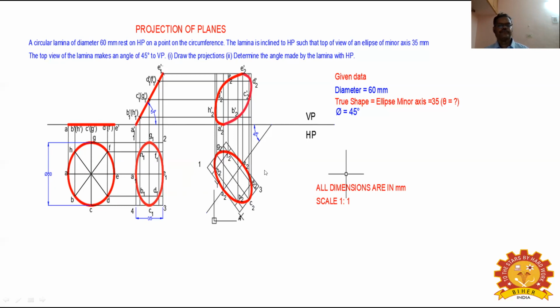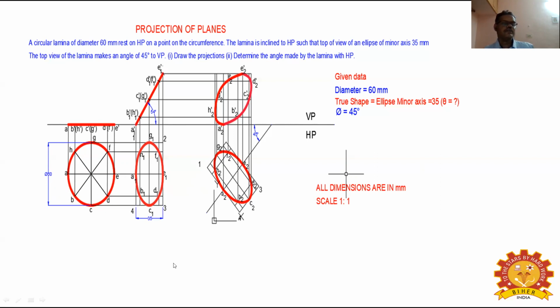G2, H2. And from there we have to draw the vertical lines, and from here draw the horizontal lines. The corresponding intersection points mark as A2 dash, B2 dash, C2 dash, D2 dash, E2 dash, F2 dash, G2 dash, H2 dash. By using a pencil, freehand, you can draw an inclined ellipse that is called the final front view. Now the theta angle you can measure by using a protractor as 54 degrees. As for the question, theta equals 54 degrees.